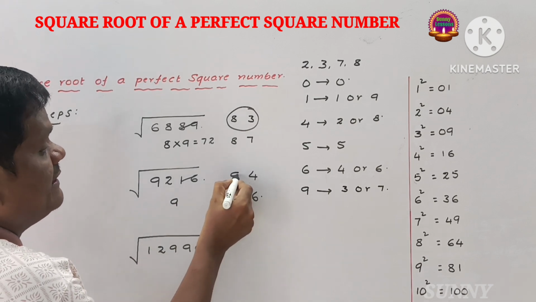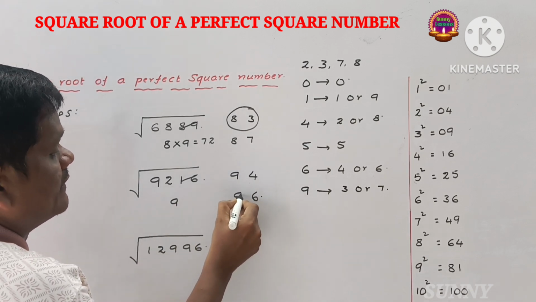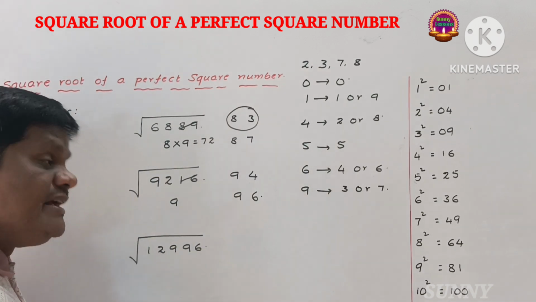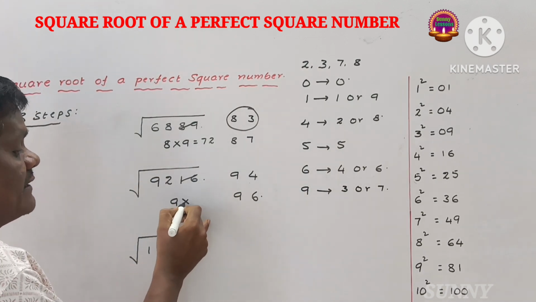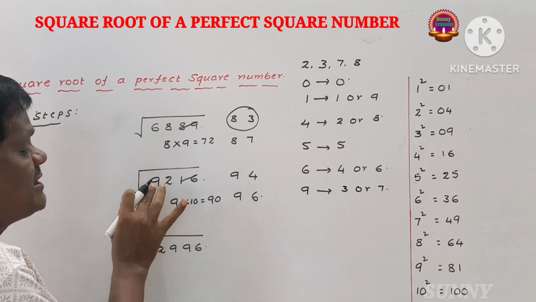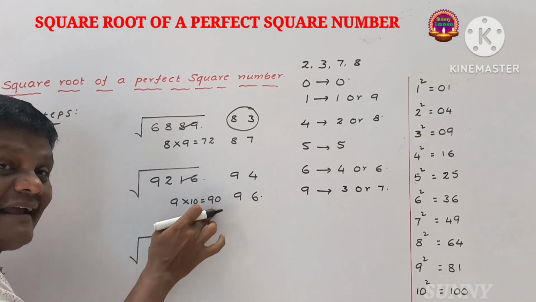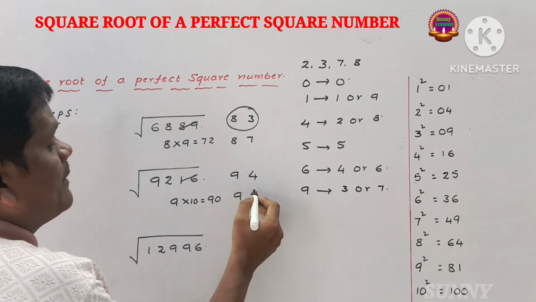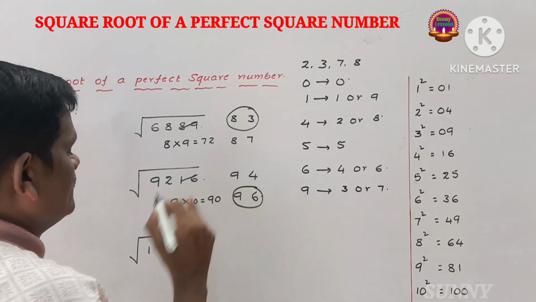Yes, right, 9. Here the product of 9 and the number immediately after it, 10, is 90. 92 is greater than 90. That's why our answer uses the greater number, so 96. Square root of